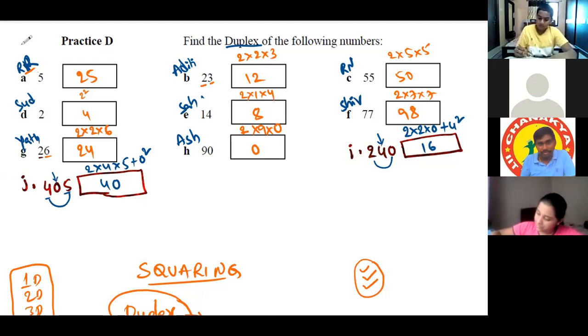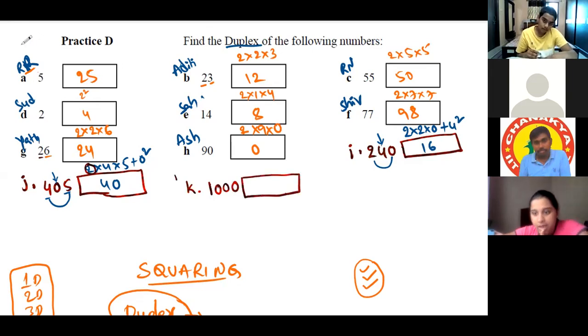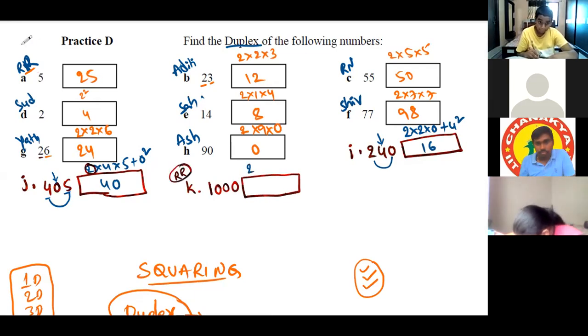Then Ritvik, ready? Yes, sir. We should multiply the first and last digits and double it, and after that we have to add the middle digit square. Sir, you can give me one, sir. Sir, Ritvik got a nice question, sir. I got only 5, sir. Sir, can I take one question? Sir, 1000. Ritvik Reddy. Okay, sir. The procedure is 2 into 1 into 0 and 2 into 0 into 0 plus 2 into 0 into 0. Sir, it will be 0 only, sir.